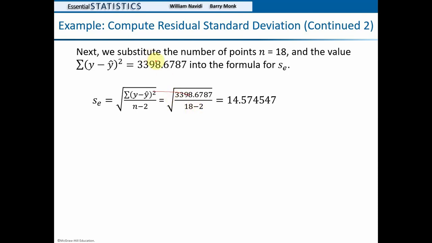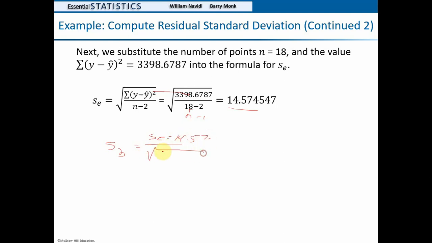Divide by 18 minus 2. I had a sample size, this is my n minus 2. There's 18, so I divide by 16, then take the square root, and I would have S sub E as that. That's the residual standard deviation. And then I would need to do S sub B to get my standard error, S sub E, that value,